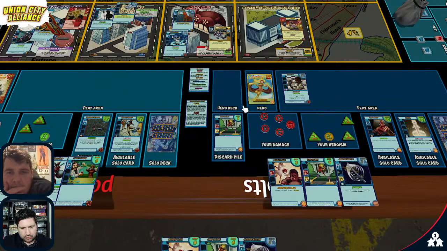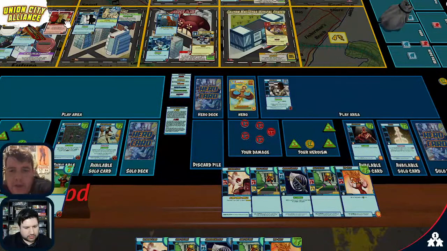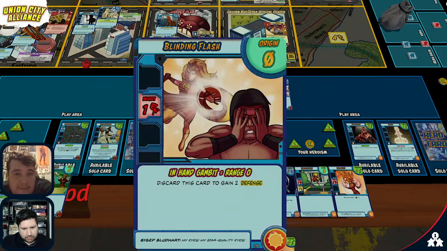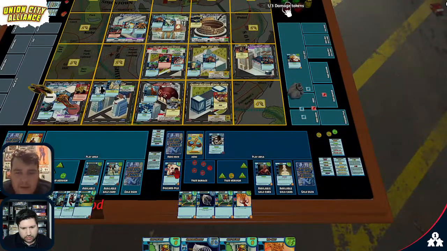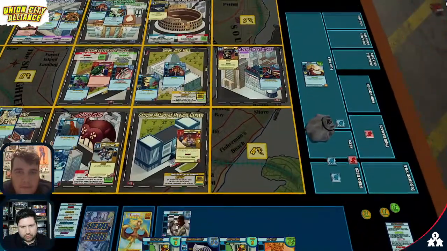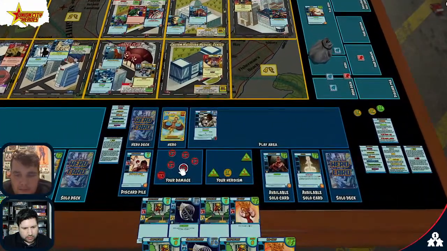And 5. Draw cards. Okay. He attacks me for 5. Let's go ahead and use a Blinding Flash to only take 1 of that. You mean 3 of that? 3 of that, just kidding. 2 there, and I need another one, looks like. Okay. Cool. And your peril is...